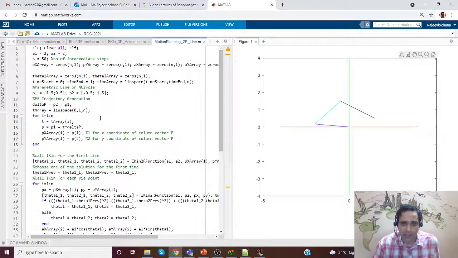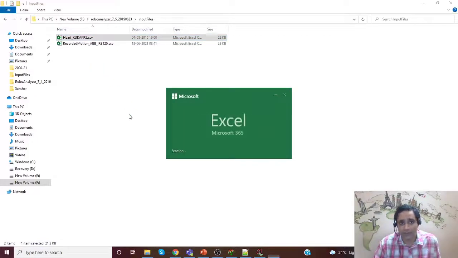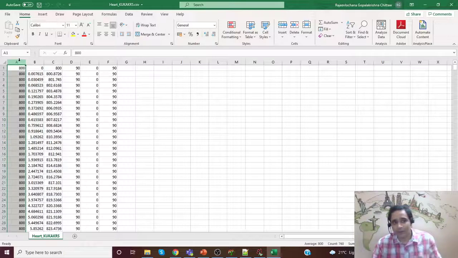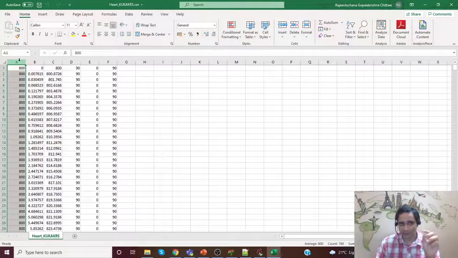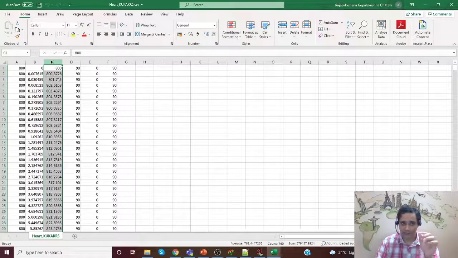Now in RoboAnalyzer virtual robot module, the 6R input file should have this format. I'm just opening one of them to show you. Column A will have the x coordinate of all the points you want to go. Then column B will have the y component, column C is the z coordinate of the end tip point.